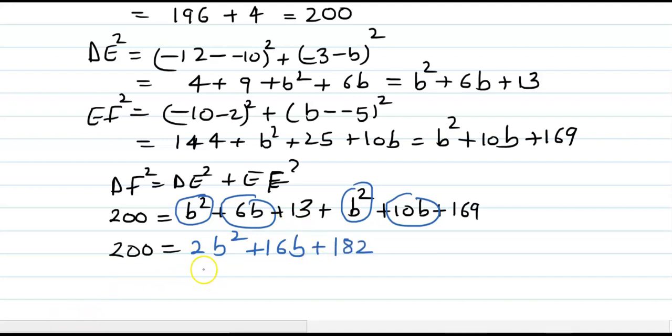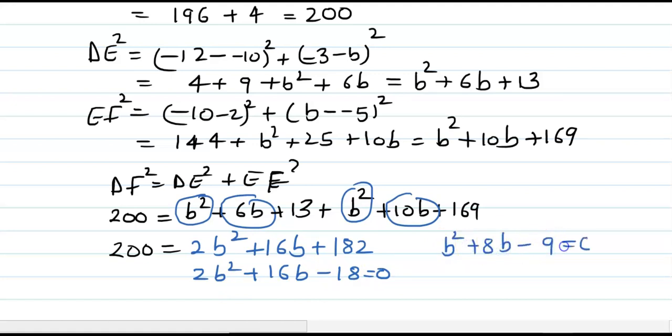So we can write 2b square plus 16b, and 200 coming inside will be minus 200, so it will be minus 18 equal to 0. If we divide the whole equation by 2, we get b square plus 8b minus 9 equal to 0,